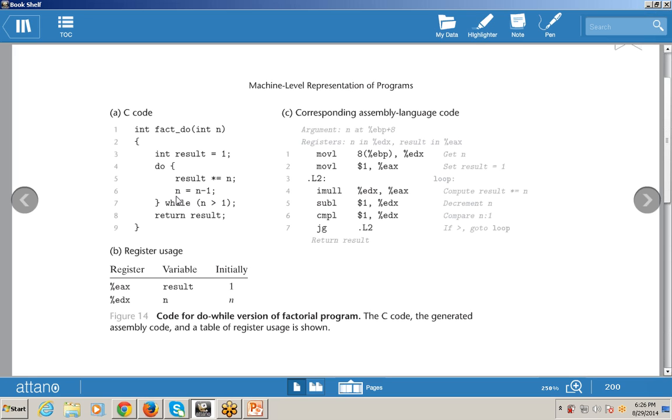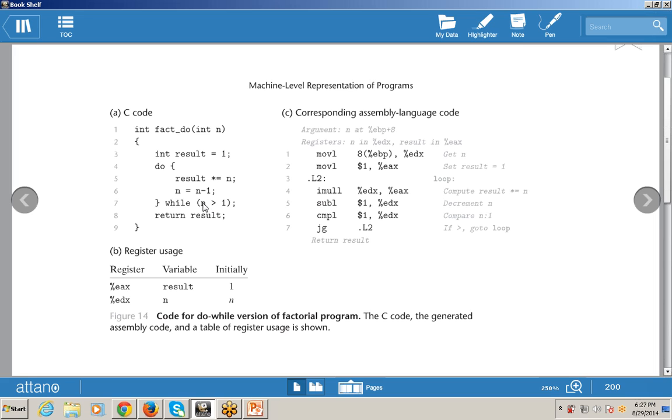Now n has a value 4. Now multiply the result by 4. Next 4 becomes 3 because n minus 1, 4 minus 1, is 3. Now n is 3. Multiply the result by 3. Then 2, multiply the result by 2. Then 1, multiply the result by 1. Now all these values are multiplied, so this gives the result, that is 5 into 4 into 3 into 2 into 1.